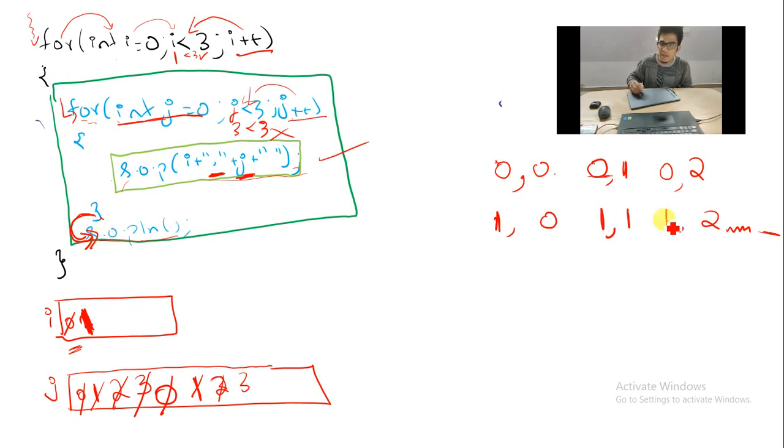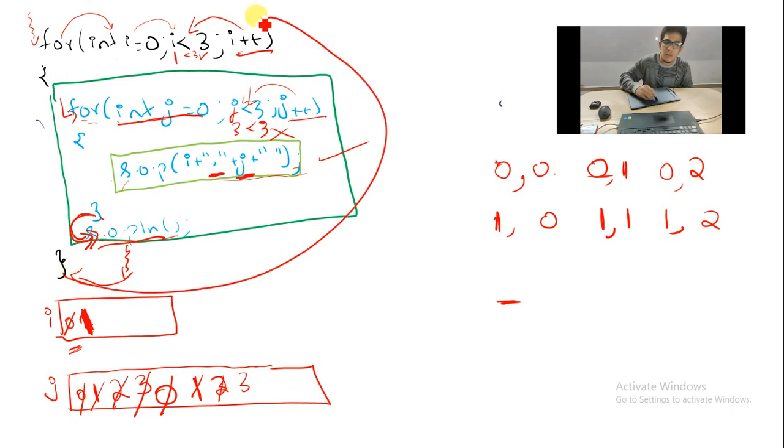SOP LN you are telling. The cursor will start blinking in the new line again. After SOP LN, is there any other statement? No. It will see the closing bracket of which loop? I loop. So I plus plus happens here. When control sees the closing bracket of I loop, I plus plus happens. I hope you have understood that, right?